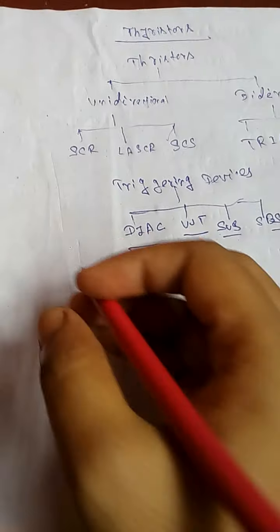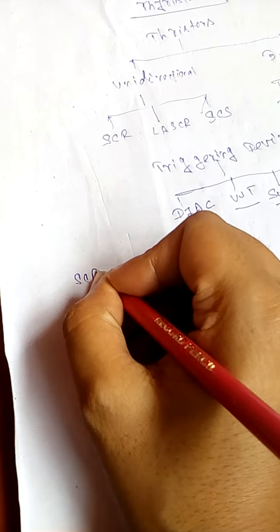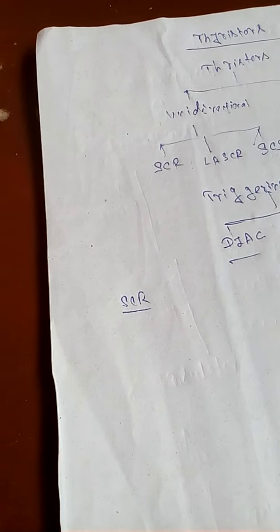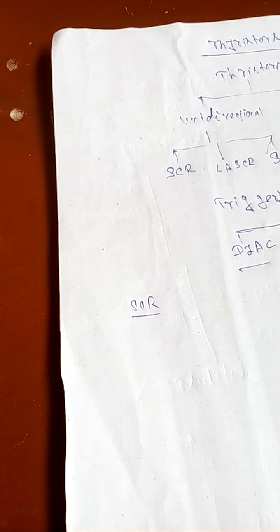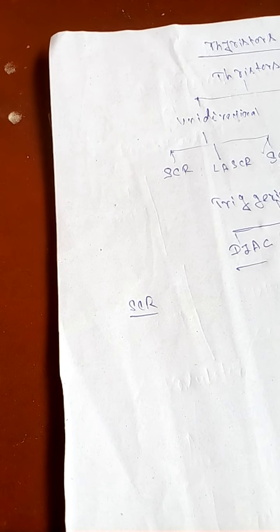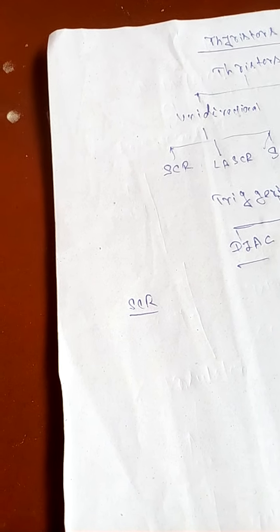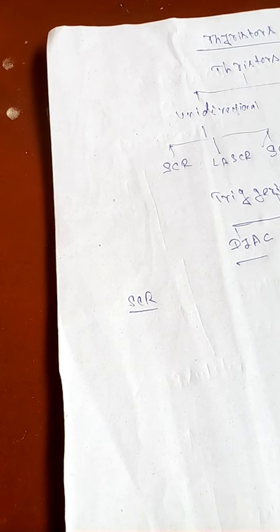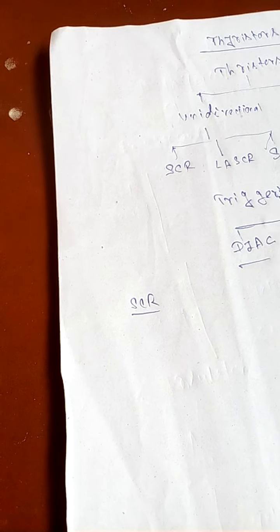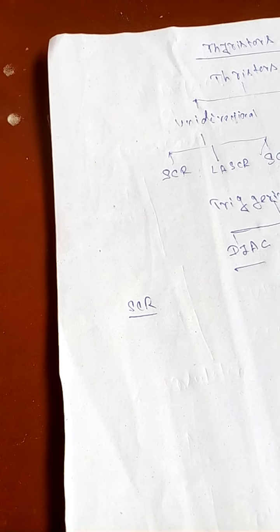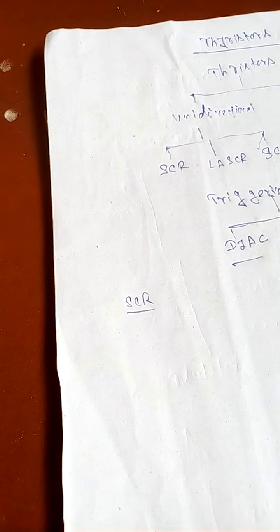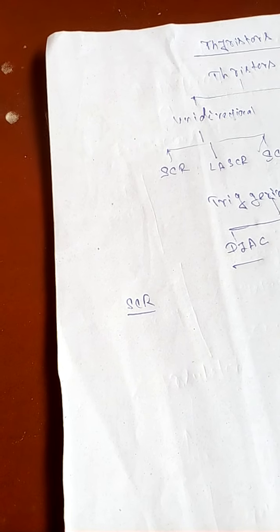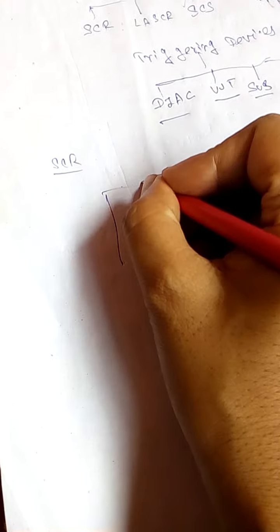Now the main application of SCR, why we use SCR. These days the SCR is the most often used semiconductor device in the industrial or power electronics field. It is used as a control switch to perform a variety of functions such as rectification, DC to AC inversion, and power control. It is an important element in the control of electrical motor speed, electrical heating, lighting and many other uses.